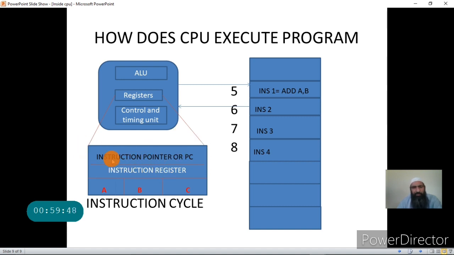And I have introduced two special purpose registers. One is called the instruction pointer or program counter, and another is called the instruction register. When you get the instruction of the program that is to be executed, it is stored in the CPU, and the location where it is stored is called the instruction register. The address of the instruction which is to be fetched from the memory and executed is stored in the instruction pointer. The instruction pointer always points to the current instruction that is to be executed, and once that instruction is executed, it is incremented so that the processor can fetch the next instruction. This is how actually the program is executed.